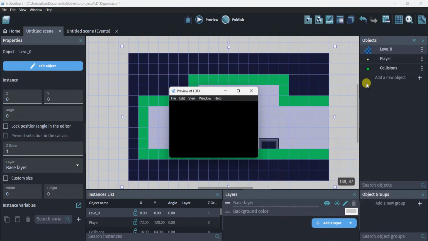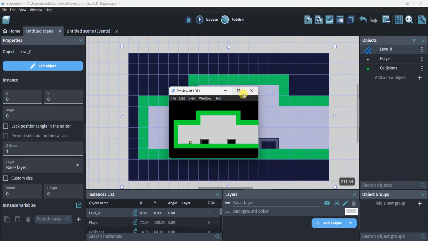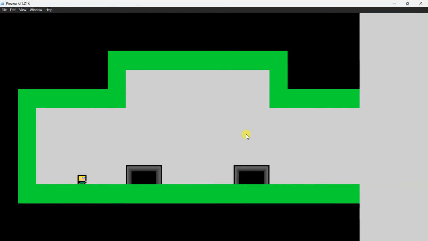So now it's working. We can pass that, but we can't pass the wall, and everything is done